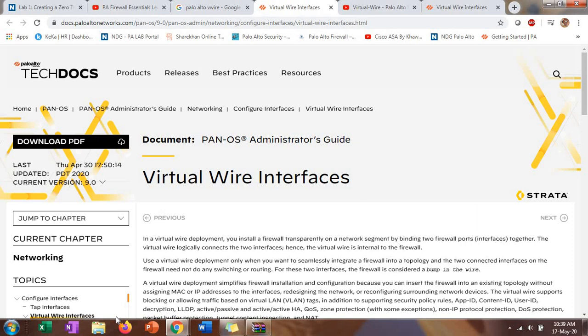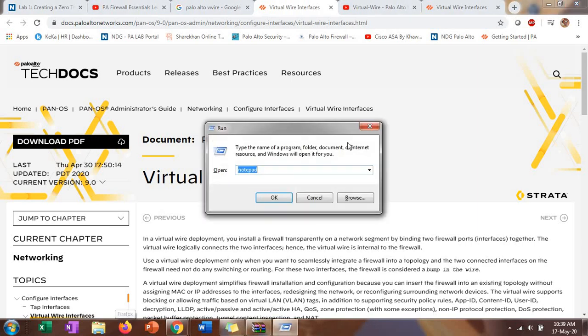But what are the features that it can do when the interfaces or the firewall is configured in virtual wire mode, and what are the benefits and what are the use case scenarios when we, as a company, would like to deploy a firewall or the interfaces particularly in the virtual wire mode? So let's begin and talk about it one by one.